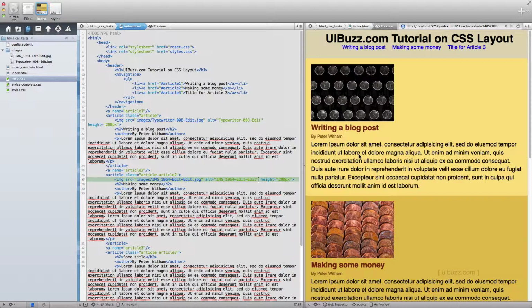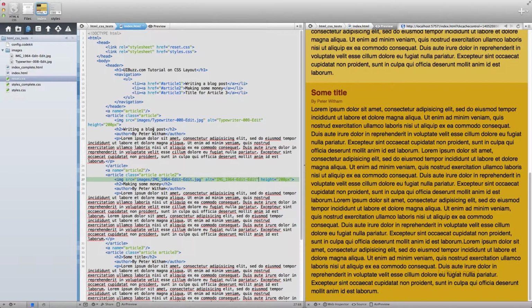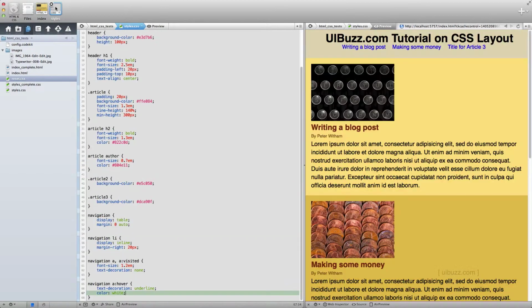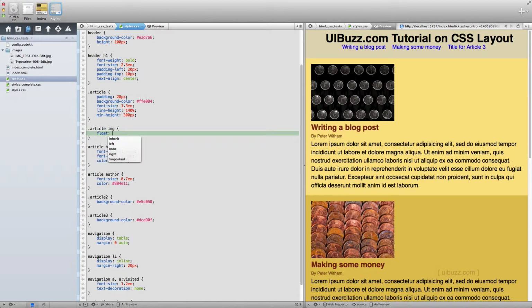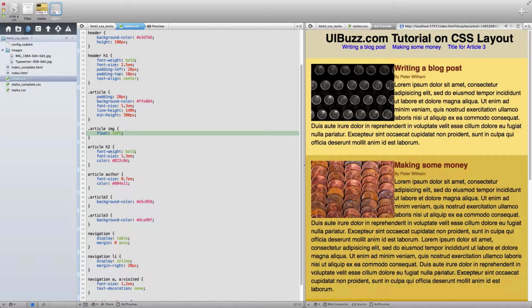Now let's go ahead and address the formatting issues. So let's go over to our style sheet, and after the .article class I'm going to target the image tag within the article. So article image is the tag, and I want it to float to the left. I always want it to be on the left hand side of the content. If I save that, you can see what happens. Now both of the images are floated to the left, and we have the text on the right hand side,